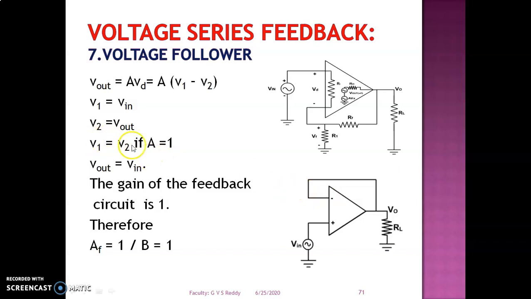So if the open loop gain is very large, definitely V1 equal to V2, that is Vout equal to VIN. The gain of the feedback circuit is 1. Therefore, the closed loop gain AF equal to 1 over B, which